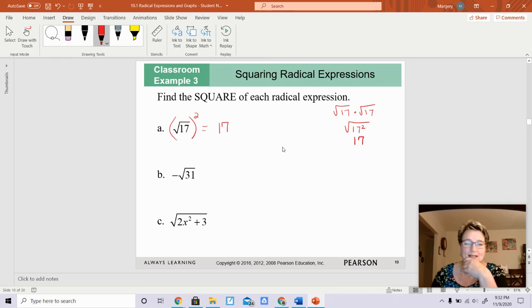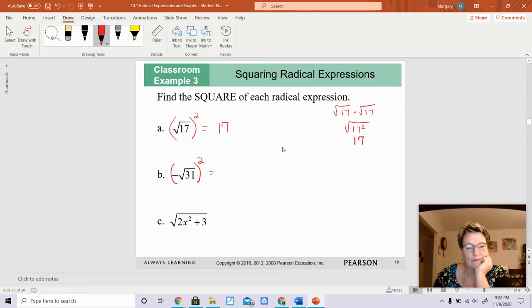That's okay. So on this problem, you could not square root 17 because 17 is a prime number. You can't simplify it any further. But if I were to square each of the radicals, I'm actually squaring that whole radical, I would get 17. Same thing here. If I were to square this whole